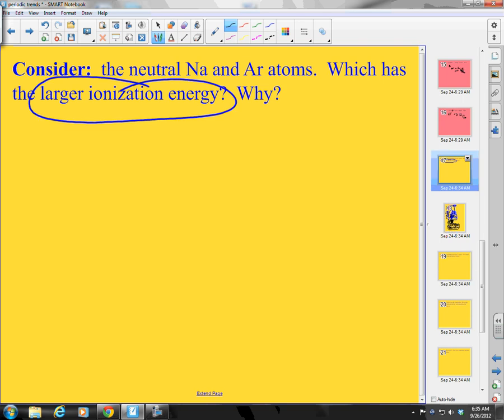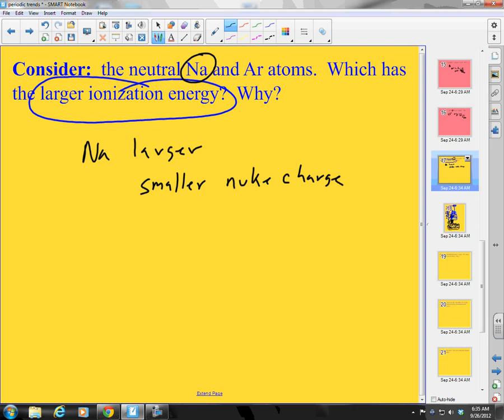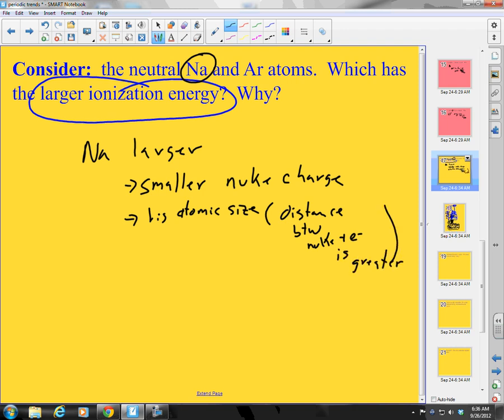What happens? Which one's larger? Well, we said as we go from left to right, it decreases. So that means sodium is larger. Why? It has a smaller nuclear charge, smaller effective nuclear charge, we'll learn later, and it is also a bigger atom, bigger atomic size, which means that the distance between the nucleus and the electron is greater. Both of those result in a larger,